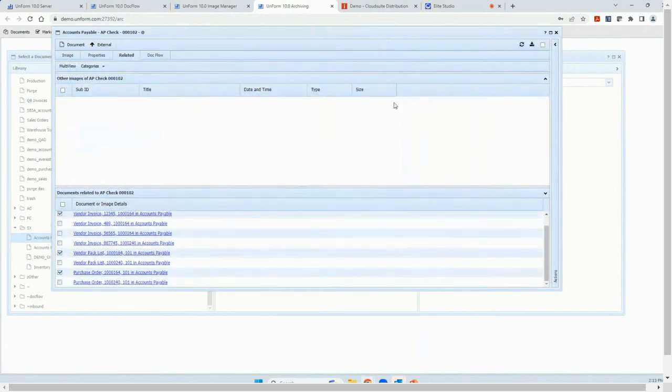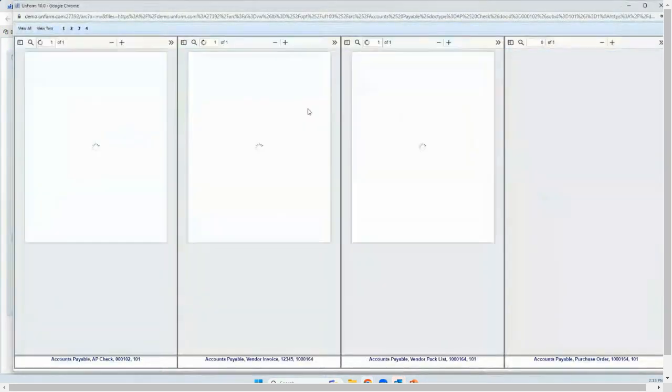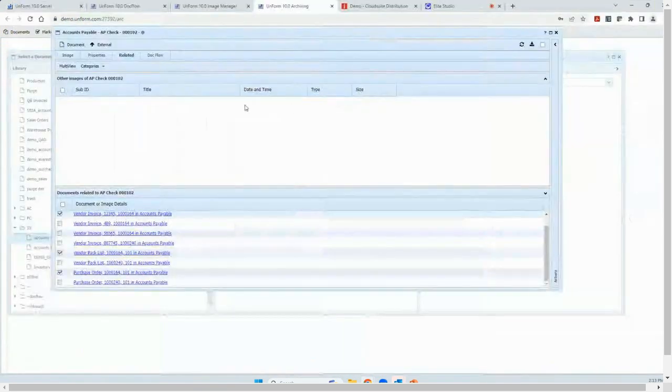And from there, we can pull up copies of those. So from the check, I have the ability to pull up a copy of the invoice, the packing slip, and the purchase order. So it's my job to sign a check. All that backup I may need to review is available directly from within the application there. And again, I'll show you in a minute. We also can launch from within the ERPs as well.